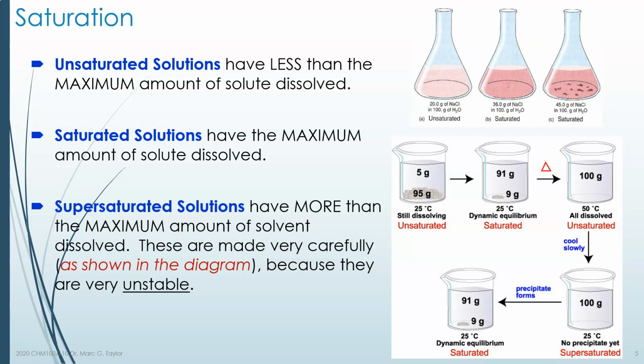But now here's the tricky part. You cool your solution from 50 back down to 25 extremely slowly and extremely carefully. You don't touch the beaker or the container. You don't shake the room. You even have to be careful how you walk around nearby so that nothing vibrates, and you're using a smooth container that has no nicks on the walls to let crystals start forming. And if you let it cool slowly enough and gently enough, all of that 100 grams will remain in solution